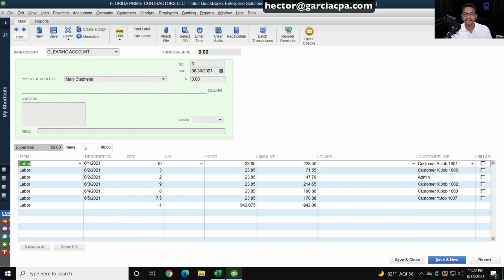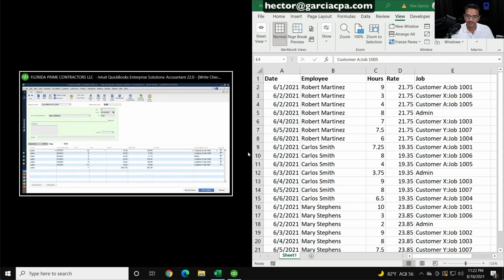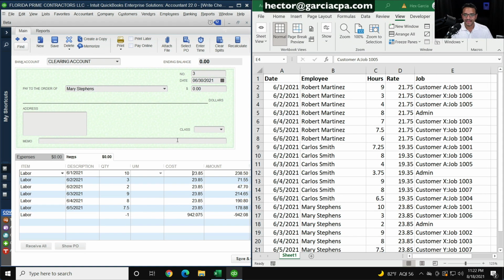And then I'm going to break down here in the items tab, not the expenses tab, the items tab. I'm going to break out each individual day that they worked, and I'm going to put their quantity and the cost. So let me open up the spreadsheet here. I'm going to put it here to the right-hand side and QuickBooks on the left-hand side so you can